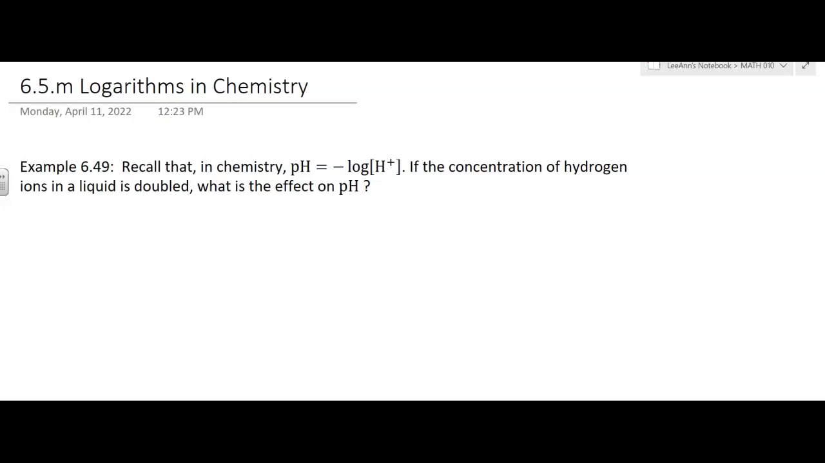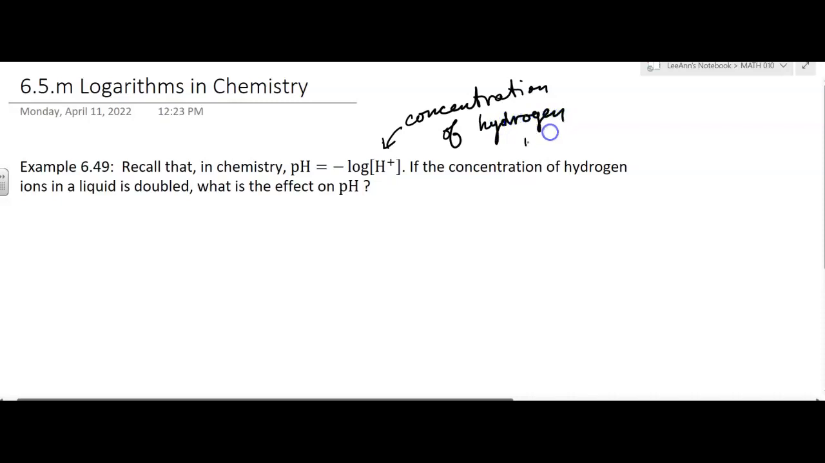So here we have an example where logarithms are used in chemistry. It says, recall that in chemistry, pH equals the opposite of the logarithm of H plus, and H plus represents the concentration of hydrogen ions. Okay, so now they say if the concentration of hydrogen ions in the liquid is doubled, what's the effect on